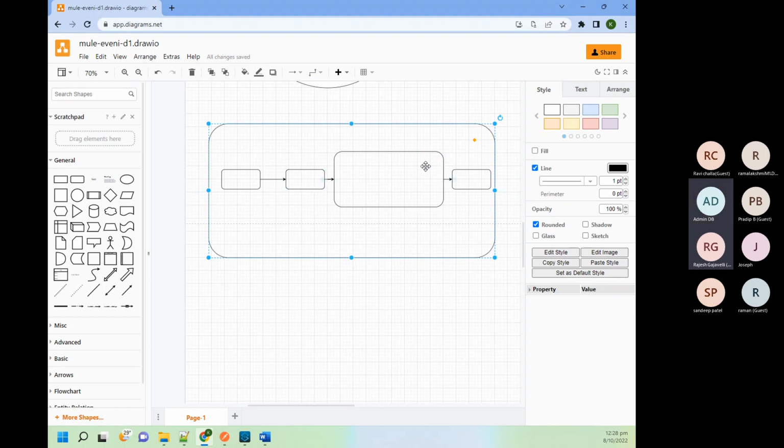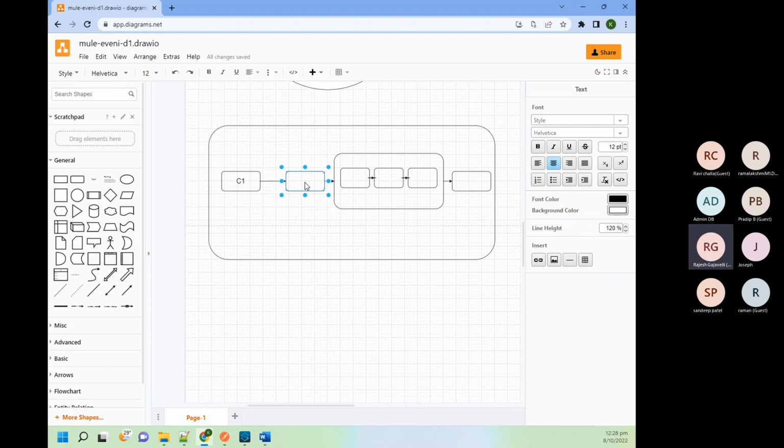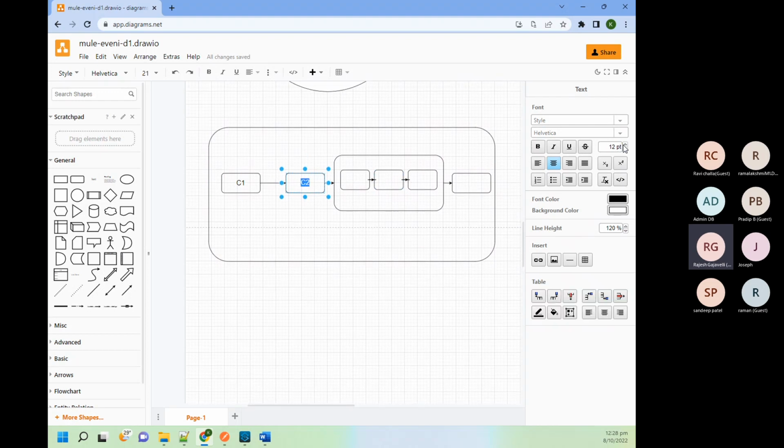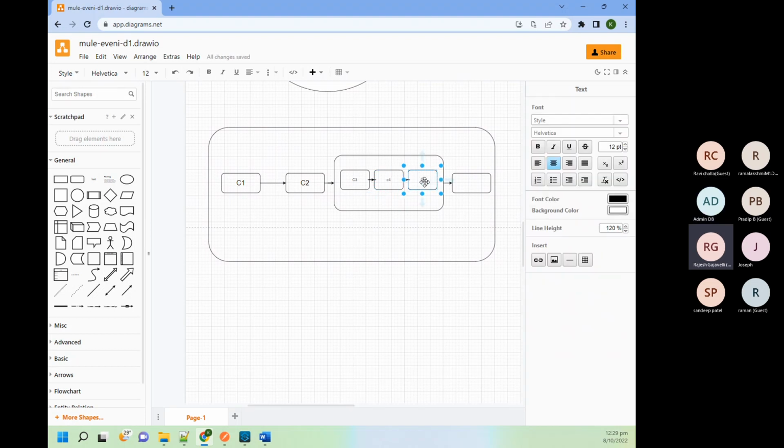Now inside this cache component, we have three components. Say this one is C1, C2, C3, C4, C5,